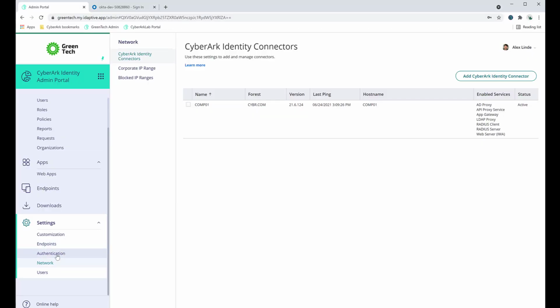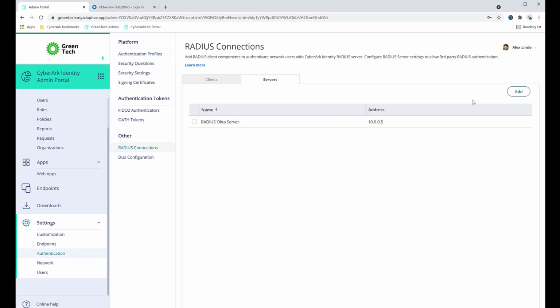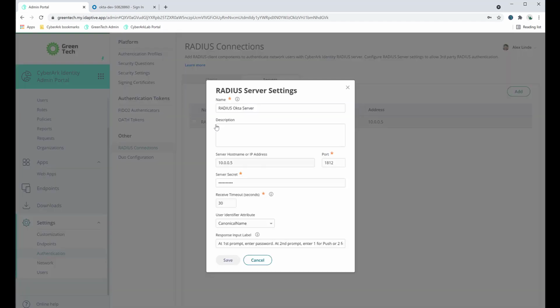Next, we're going to go to Authentication, Radius Connections, and Servers. And we'll add a new server in here to connect to our Radius Okta server. In this case, I've already added one. You'll give it a name. Now, this is important. For the IP address, you'll want to specify the local IP address, not necessarily the public IP address,